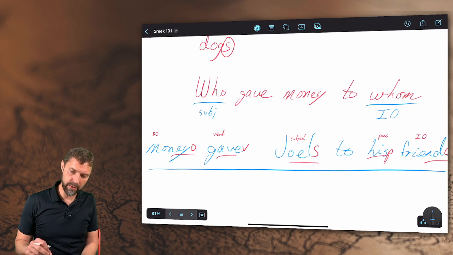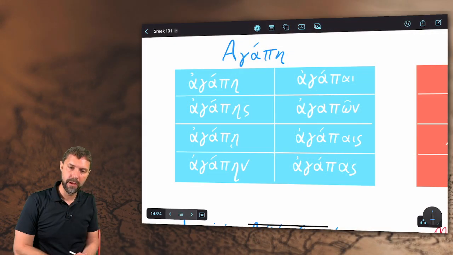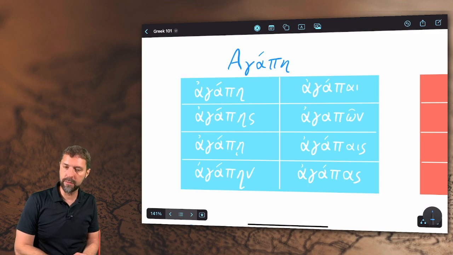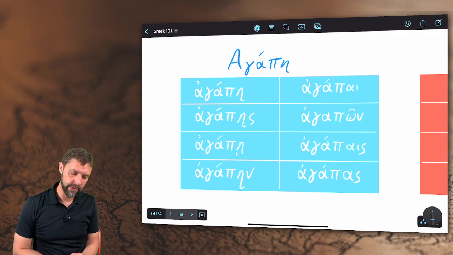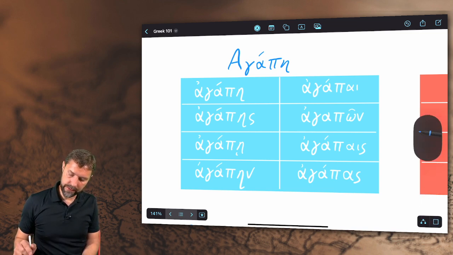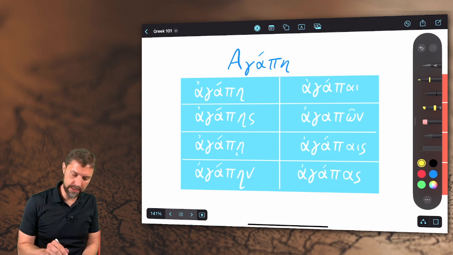Okay, now I want to show you what that looks like in actual forms that you can see. And so what we're going to learn here are the feminine forms. I'll just show you the feminine chart. I'll talk about gender later. For now, let's just learn these forms. And what you're looking at here is the form agape. It's a familiar word. It's the word for love. And if you want to think of the stem for this word as agap,